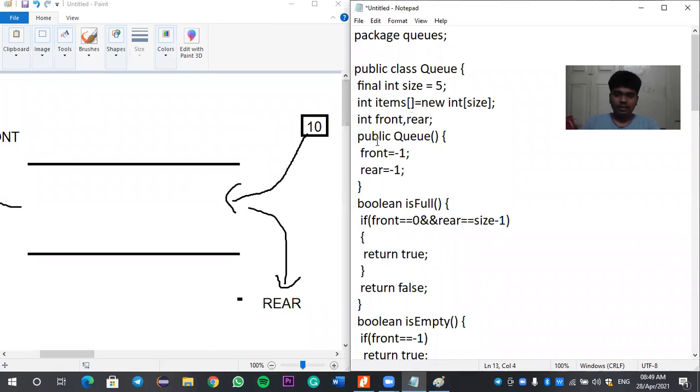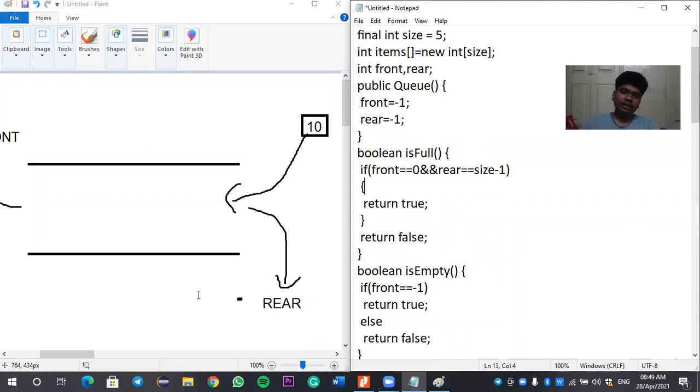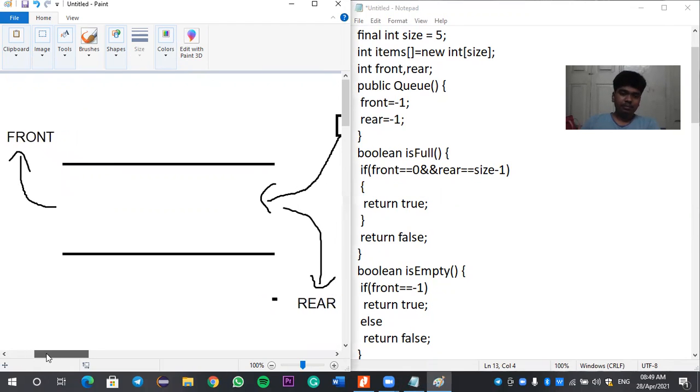Now I am declaring front and rear as integer data types, and I am declaring the values of the queue as front as -1 and rear as -1. According to the picture representation, front will be in its front position, but rear will be towards the back. But according to this problem, the front and rear both will be in the initial position for a particular instant. So both values are -1.